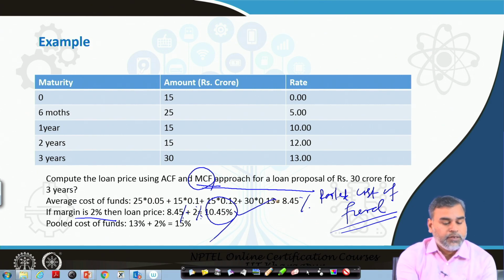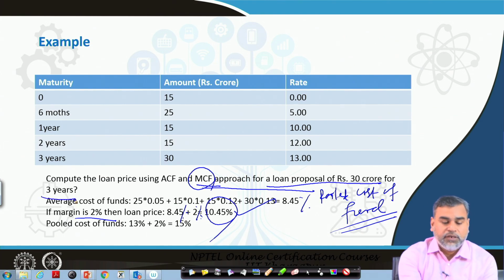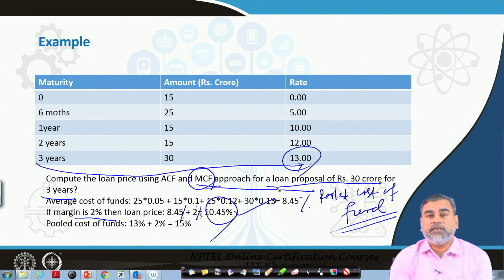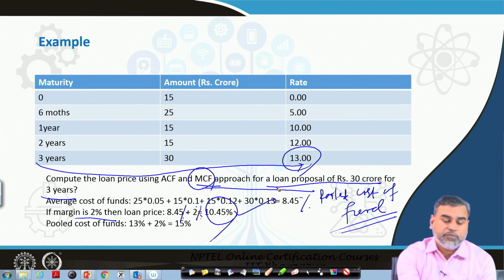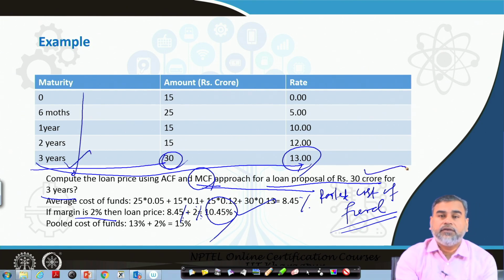10.45%. So, now if you go for a pooled cost of the fund, you see that they want a loan of 30 crore for 3 years. Now, already we know for our 3 years maturity, we have an interest rate which is available, that is already 13%, and we have enough money also available to be given from that particular basket. So, that is known, for example, these are all your deposits or the liabilities. So, already that 30 crore deposit base is there, which maturity period is 3 years, and this loan is telling that they want a loan for the 30 crore which is 3 years.